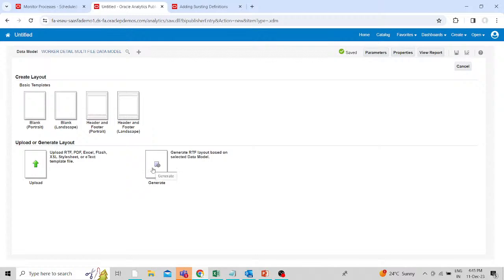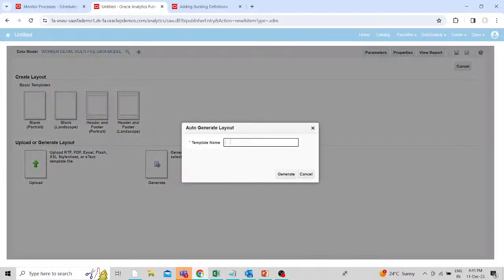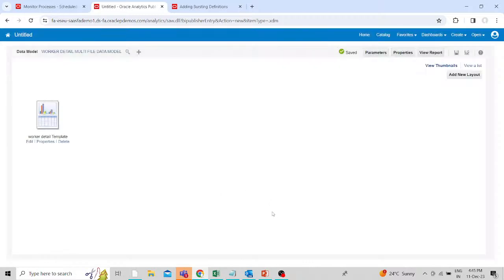Now you have to click on this generate and then give your template name. Then generate it. Then you have to save your